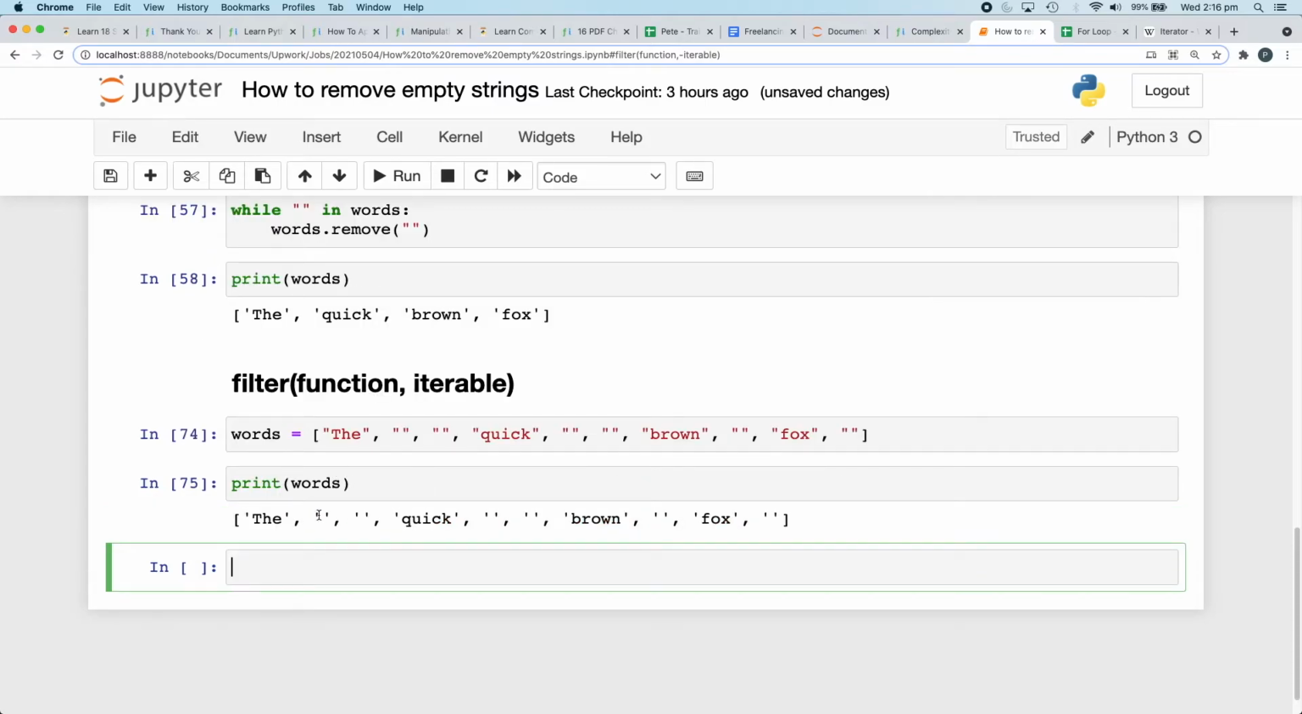Okay, so we've got our empty strings. So now let's create our filter. Words goes in there. So how do we define our function? Well, we want to filter out the empty strings, and we want to keep the actual strings, right? So one way to define that is